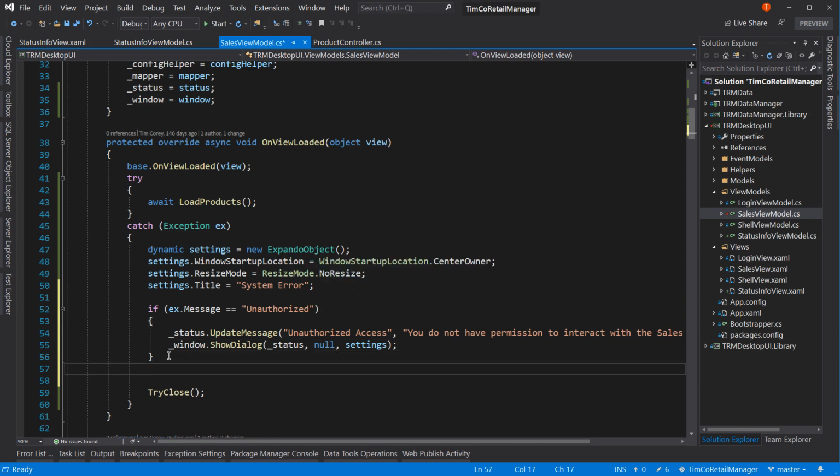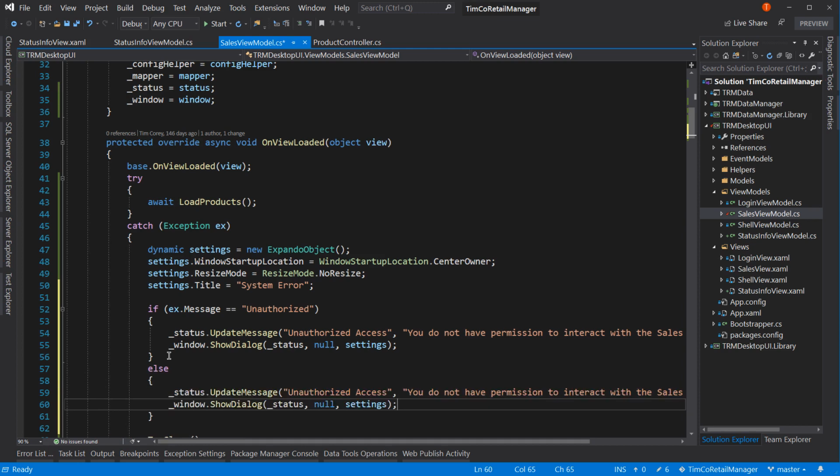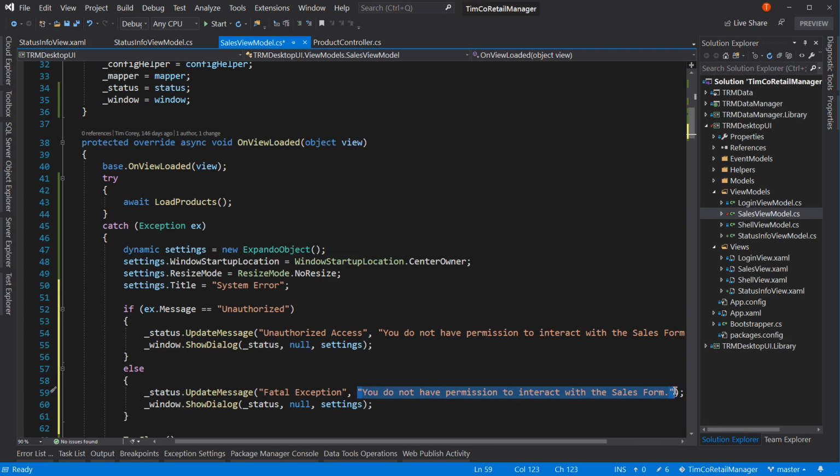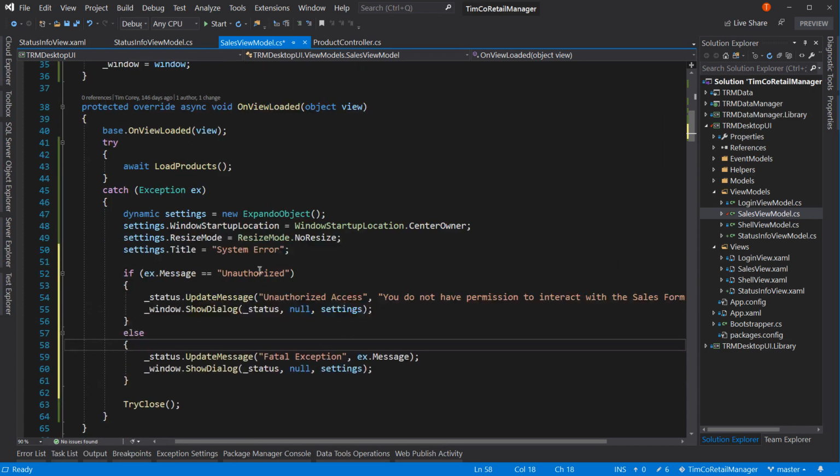So now we could say else and say status message is fatal exception, and say instead of this message we could say ex.message and just show the exception message itself. Okay, that way